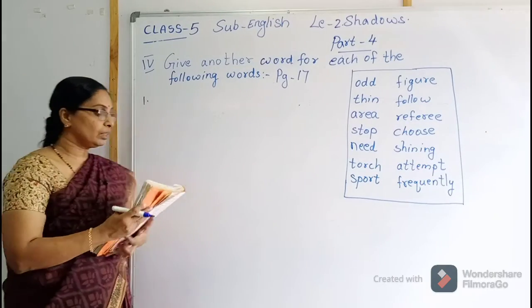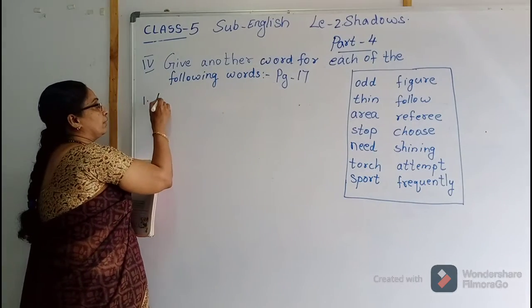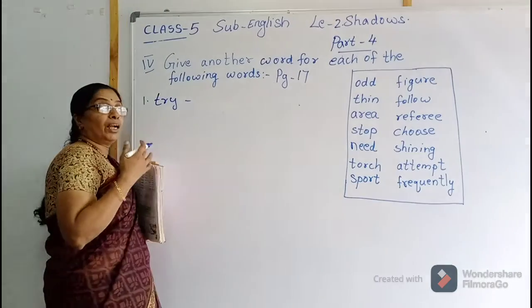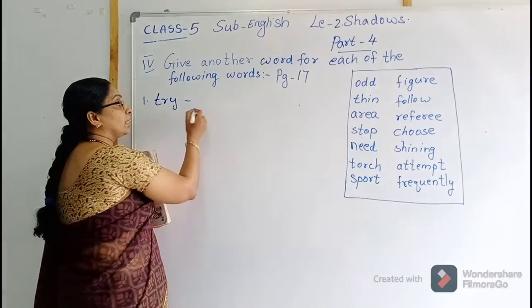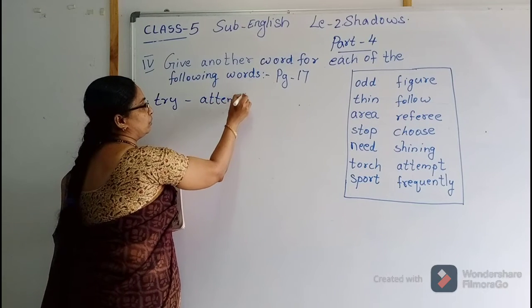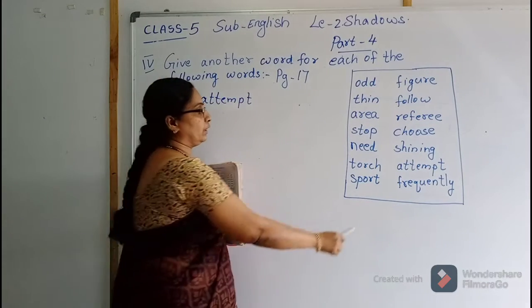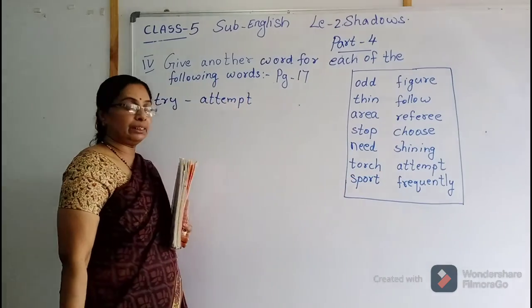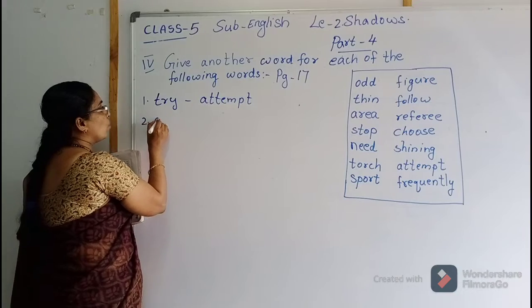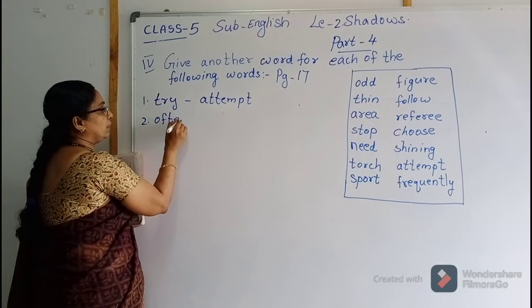Okay. First one is try. Try means hard work. Try again. That means attempt. From the box we should get attempt. Where is the attempt word? A-T-T-E-M-P-T. Attempt. The next, second one is often. O-F-T-E-N. Often